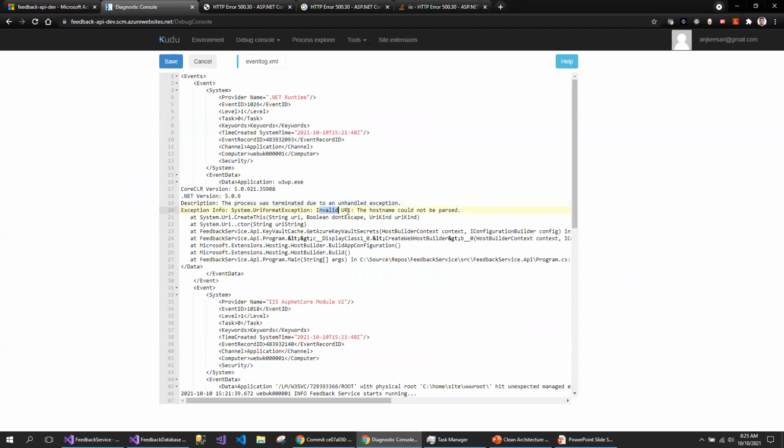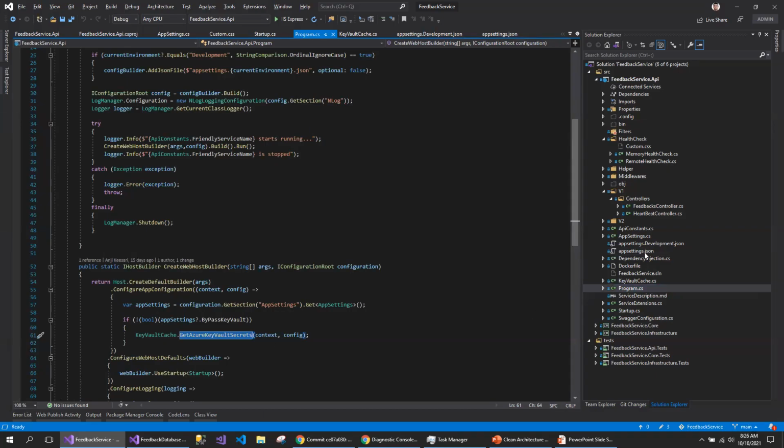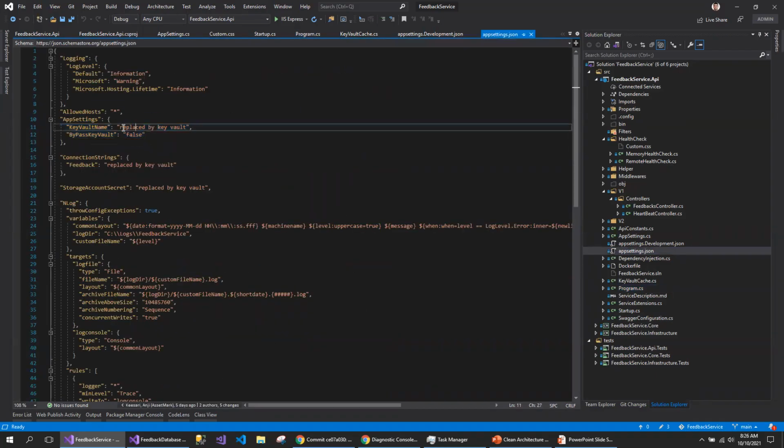So there is an error, invalid URI. The host name could not be parsed. That's related to the Azure Key Vault. It is trying to connect to the Azure Key Vault and it couldn't find the Key Vault because in the appsetting.json file, there is no Key Vault name specified here. This is going to be replaced at runtime.